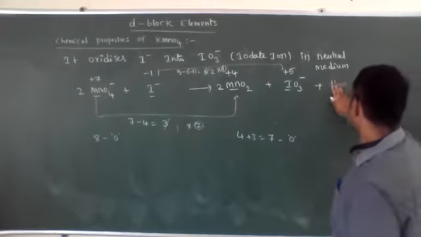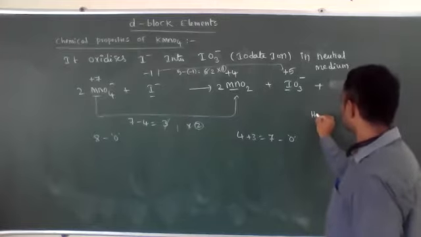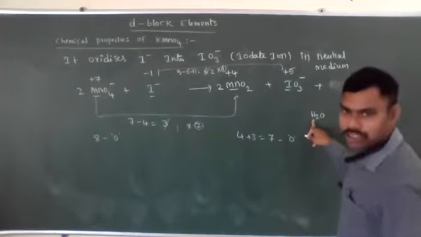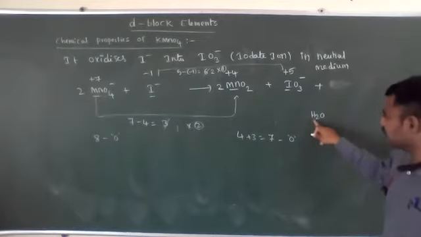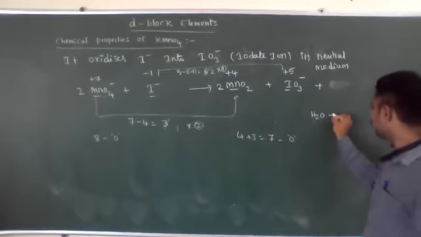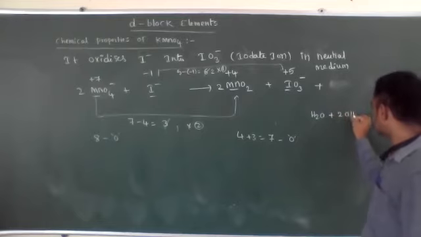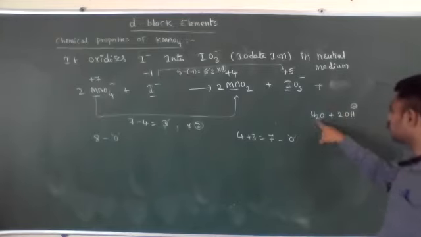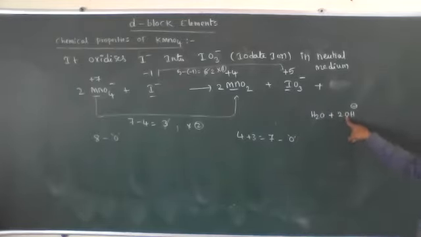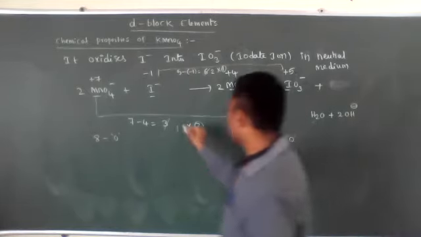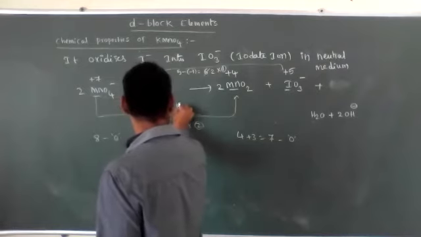Okay, let's see. I am adding a water molecule, but due to the addition of the water molecule, 2 extra hydrogen atoms came. That's why I am adding 2 OH minus ions. Now 2 hydrogens and another 2 hydrogens and extra 2 oxygen atoms came. In total, I need to add 2 H2O on this side.